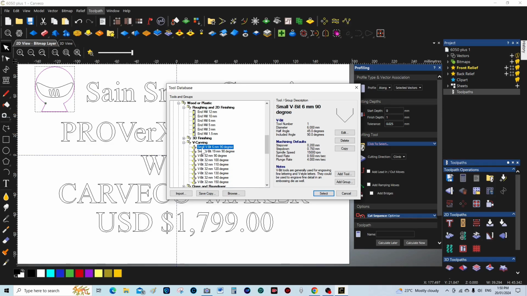I use this particular tool as an indicator, a nice sharp tool, easy to see on video. So we'll make another tool here. We go in here and say copy. We'll select that copy,